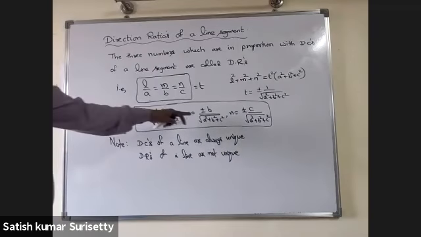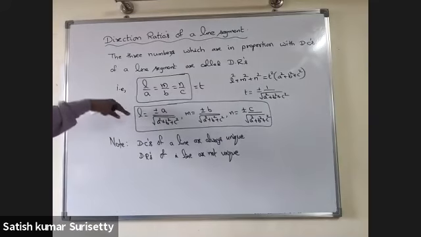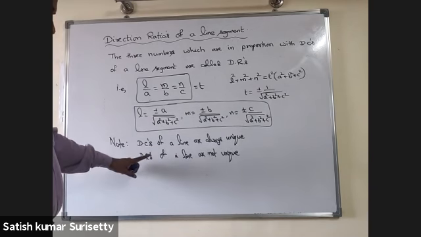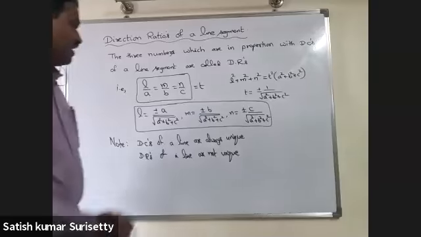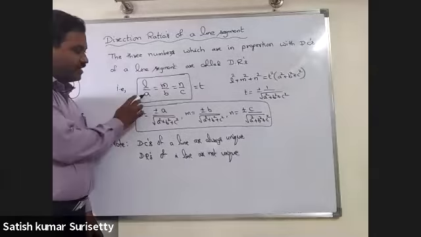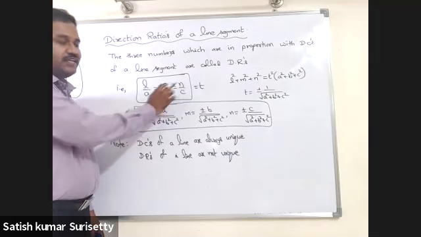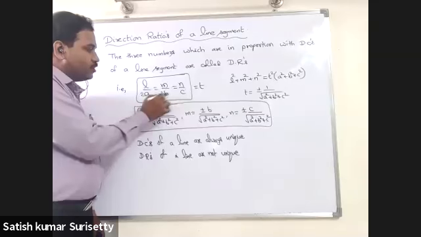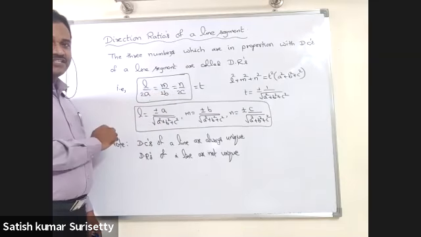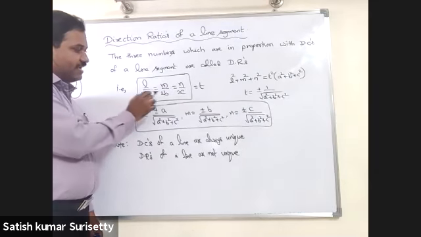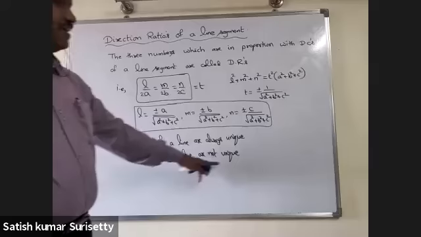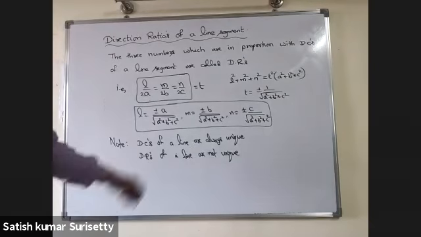Even though you are writing plus or minus, depending on the direction, in one direction it will be plus, in another direction it will be minus. So direction cosines will be always unique. But direction ratios are not unique. Why? Because if you have one set of numbers A, B, C that satisfy this, then any multiple, 2A, 2B, 2C, are also direction ratios. Not only 2A, xA, xB, xC are also direction ratios. That's why direction ratios of a line are not unique, whereas direction cosines are always unique.